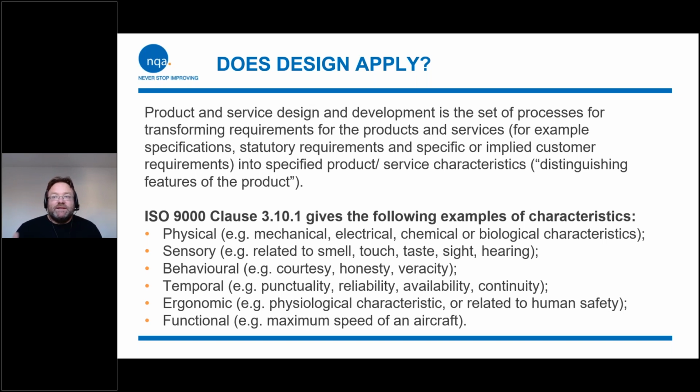Okay, so here are some examples of characteristics that could be an output of a design process. I won't go through them all, but you can see physical, sensory, behavioral, temporal, ergonomic, functional, and so on. If you see anything familiar there that looks relative to what you generate as a business, if one of these things looks familiar as an output, then more than likely you are developing or designing something in some way. Okay, so these are some examples of characteristics that will be classed as a distinguishing feature that comes about as a result of design. Okay,